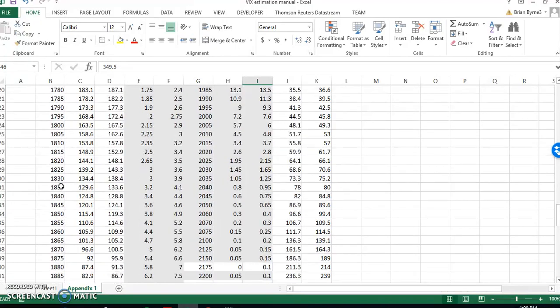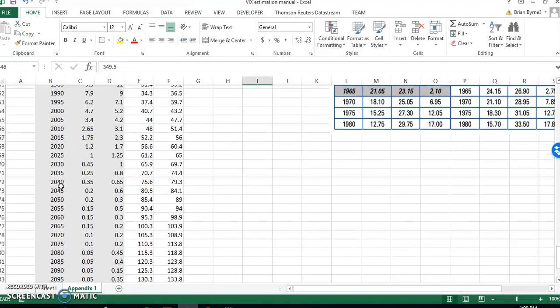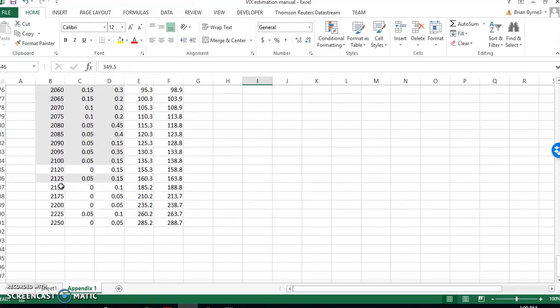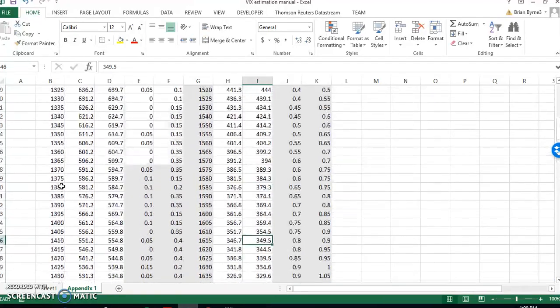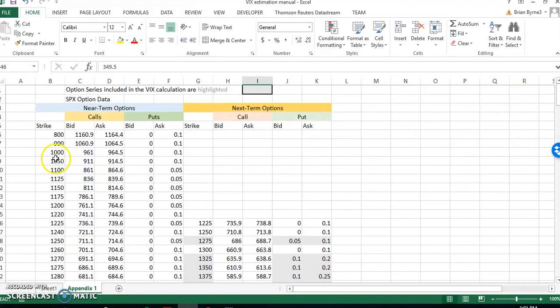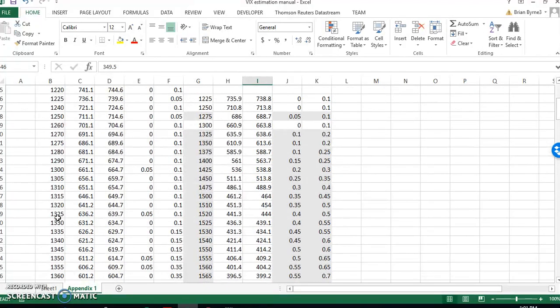And again, when we estimate the VIX, it's not always clear that there is a constant number of strikes for each VIX estimation. The number of contracts that are included will vary going from day to day, perhaps even from hour to hour. Okay, so in terms of the methodology then,